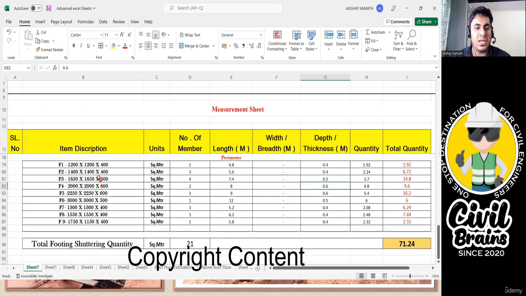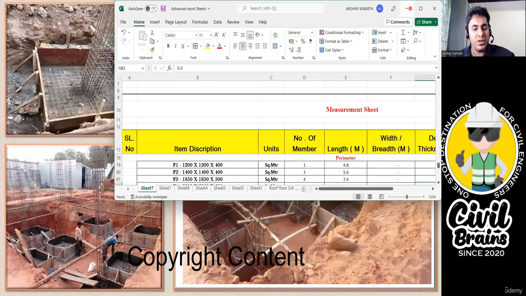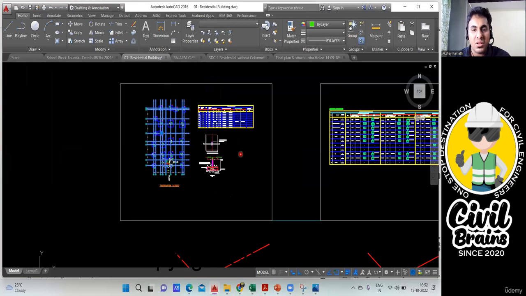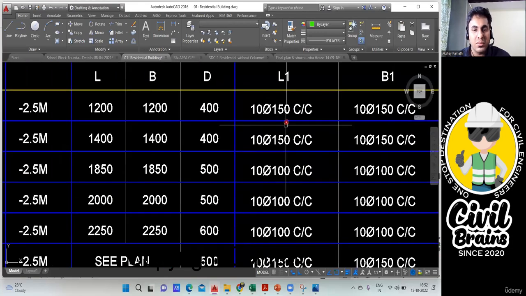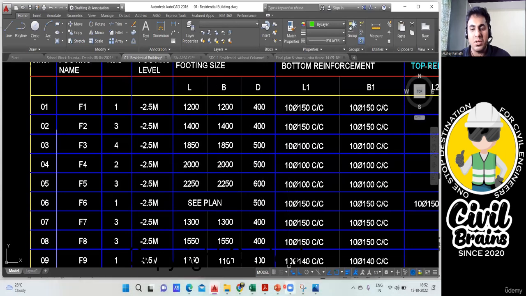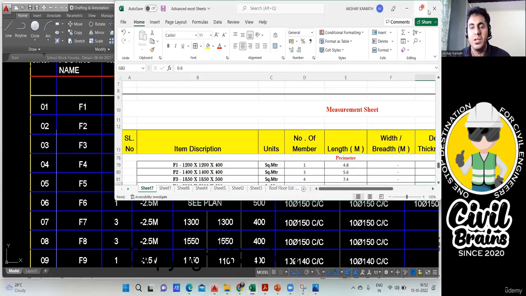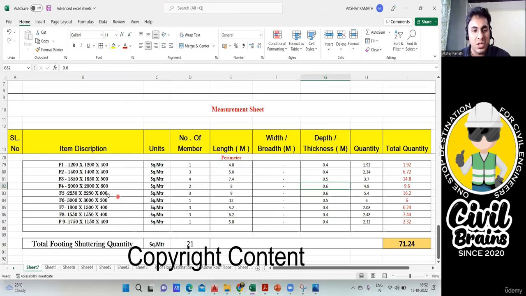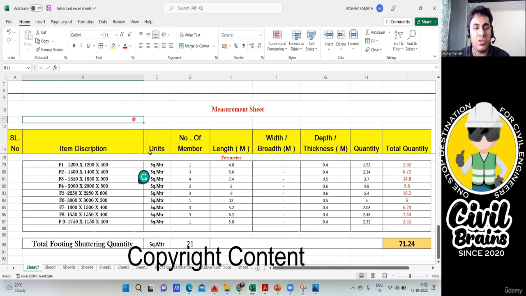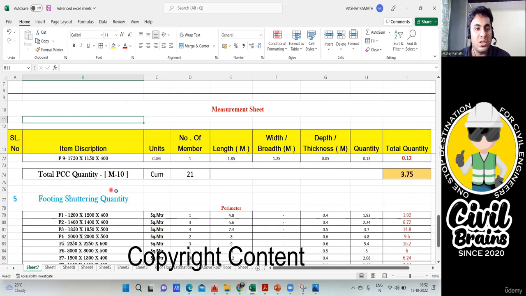I think there we are taking F4 footing. Let me verify. Okay, see, sometimes we'll verify what the F4 footing size is. Yeah, F4 footing, the depth is 500 mm only. Okay, then it's fine, no problem. Whatever we have done, everything is correct. F4 footing. Okay, see, we did one mistake, no? This should have been 500. So if this is a mistake here, I think everywhere that mistake might have come then, or only here that mistake has come,